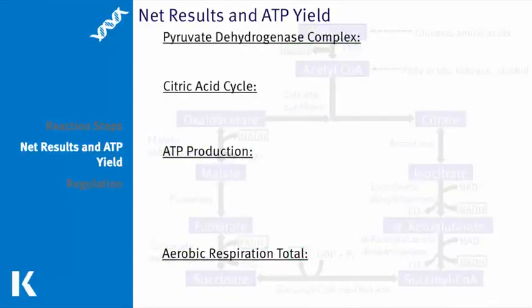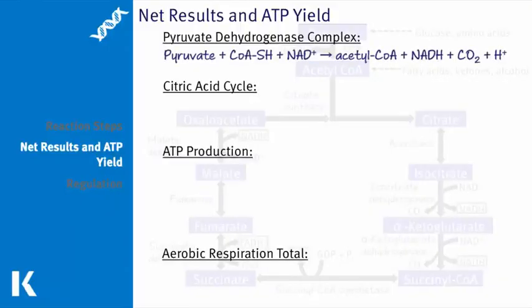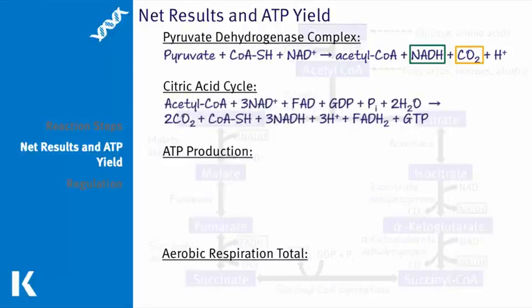As the purpose of cellular respiration is to produce energy, it's important to know in what ways energy is produced during the citric acid cycle and the other parts of aerobic respiration. In pyruvate decarboxylation, which remember comes right before the citric acid cycle in cellular respiration and occurs at the pyruvate dehydrogenase complex, that pyruvate produces NADH, our first energy carrier, and this is where we lose the first carbon from the original 3-carbon pyruvate. In the citric acid cycle, the other 2 carbons are released, 3 NADH are produced, an